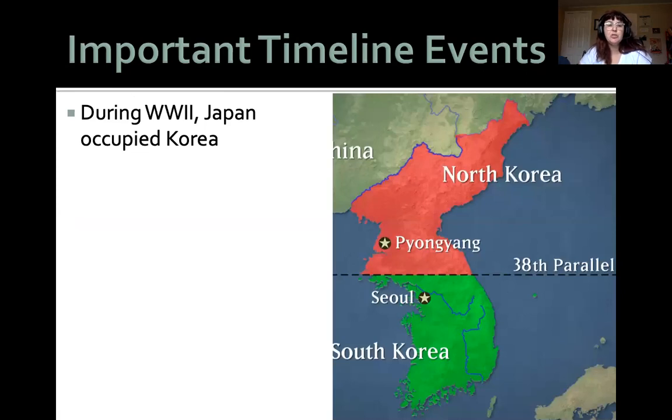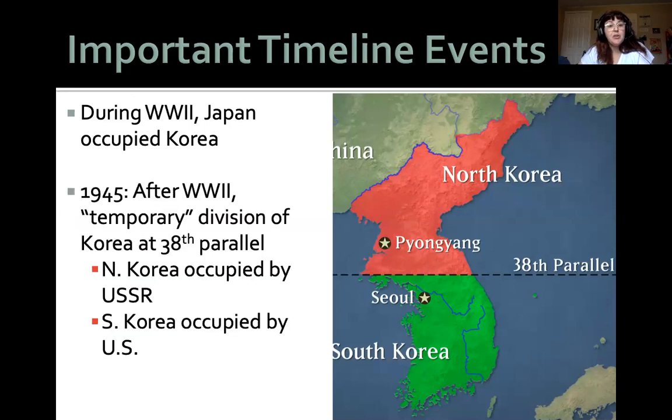And during World War II, Japan actually occupied Korea and kind of used it as a base to attack China and also to fight in other parts of the Pacific as well. And they did actually commit a lot of atrocities in Korea. So, not great. So after World War II, right, obviously Japan was defeated, and the agreement was to divide up